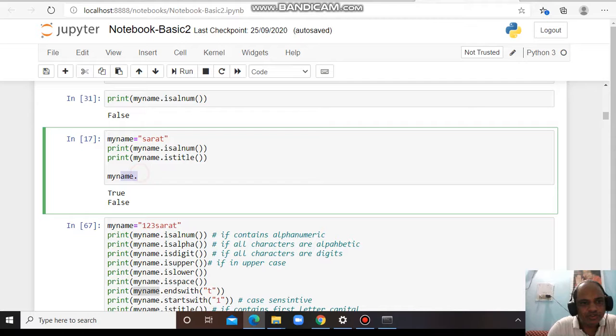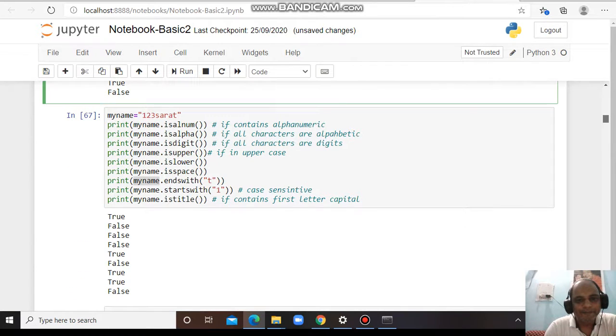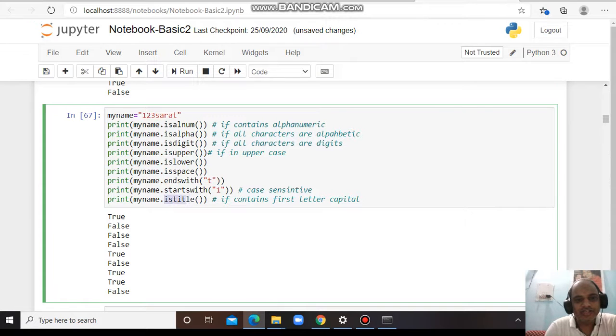This will give you all the inbuilt functions assigned to this variable. You can use them one by one, and otherwise Google is there. Always prefer Google, because Google gives good results and is a good learning platform. Is title: if the first letter of the string is a capital letter, then it will return true, otherwise it will return false.